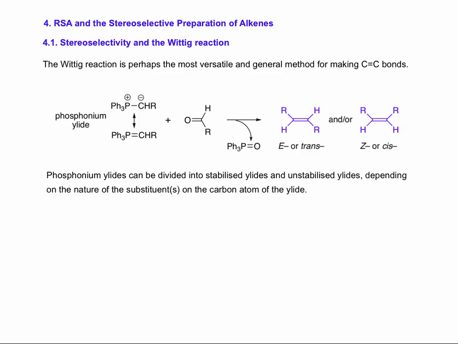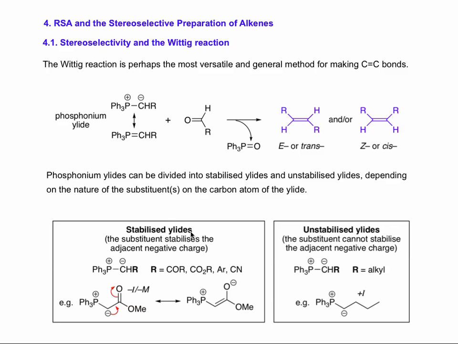And phosphonium ylides can be divided into stabilized ylides and unstabilized ylides, depending on the nature of the substituent on the carbon atom of the ylide. So for stabilized ylides, we have the R group here as an electron withdrawing group, such as an ester, which stabilizes the adjacent negative charge through resonance. For an unstabilized ylide, we classically have an alkyl group bonded to the carbon bearing the negative charge. And so here this alkyl group, which is +I, pushes the electron density towards the negative charge, destabilizing it,